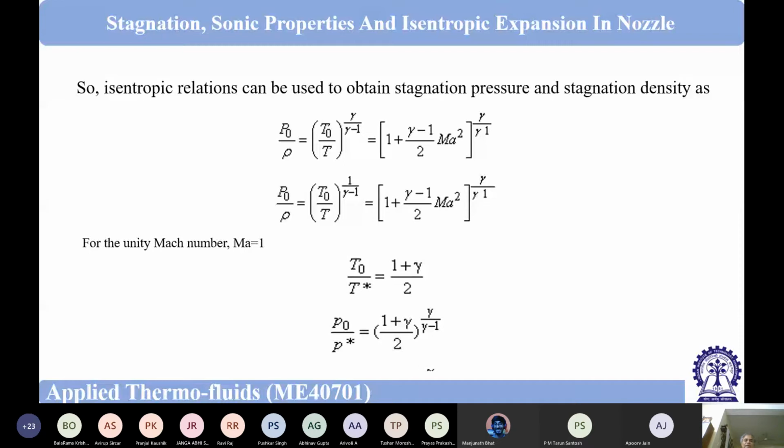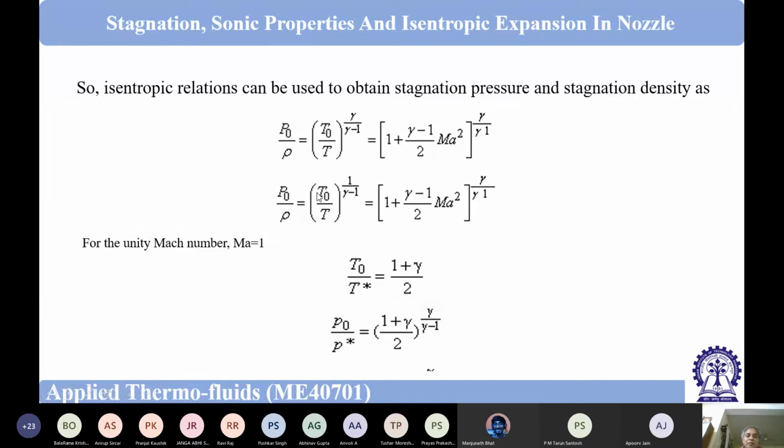From where do we get this relationship? We use two laws. One is Pv to the power gamma equal to constant for isentropic flow, and the equation of state, Pv equal to RT. So if we use these two laws, then we can get a relationship between P and T, not rho. Again, I am telling, it is not rho. These two are mistakes. Sorry. So this is a mistake. P0 by P. This is also P0 by P.